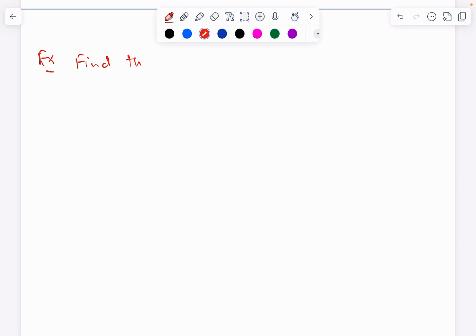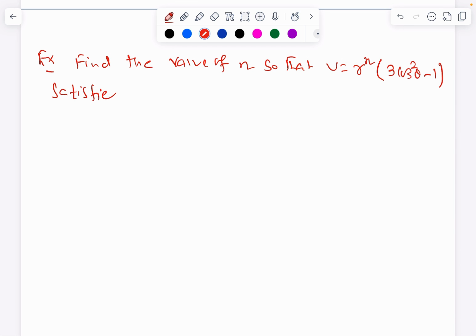Find the value of n so that u equal to r power n into 3 cosine square theta minus 1 satisfy the equation